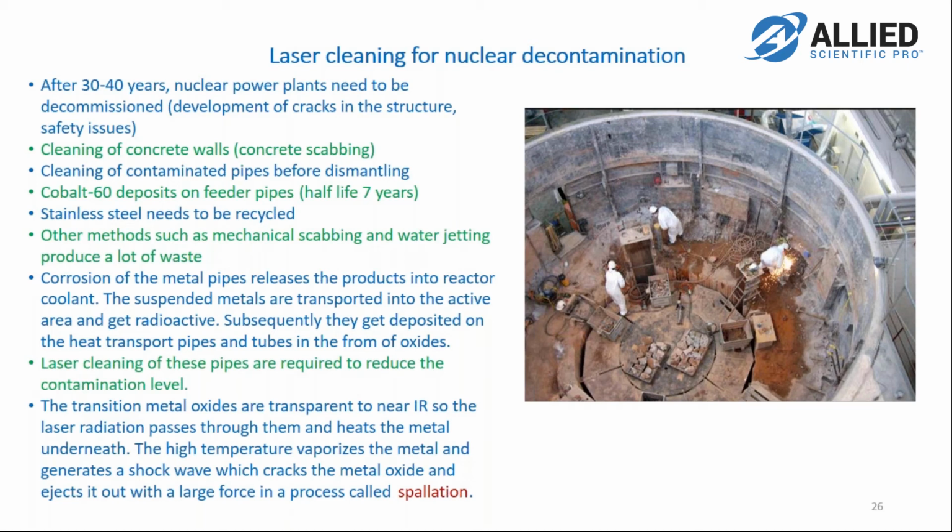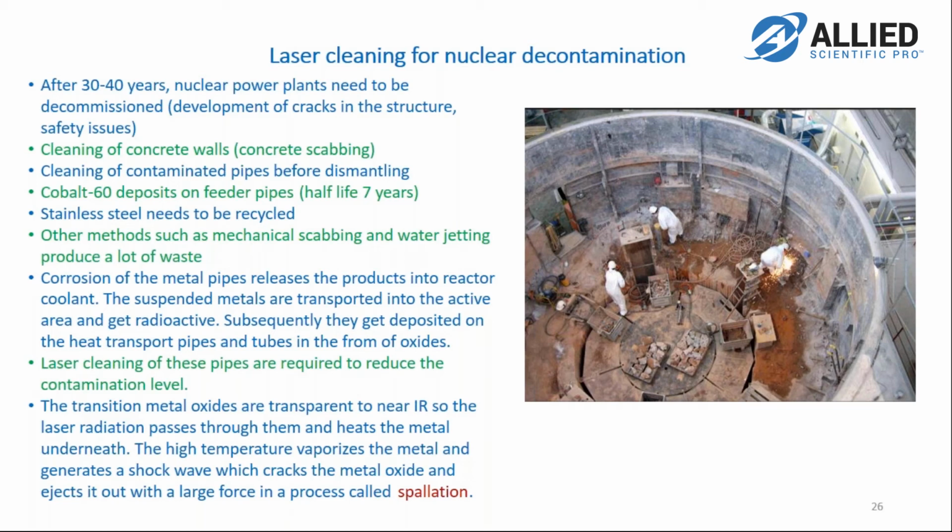So what happens in a nuclear power plant is the corrosion of the metal pipes releases these products, the metal pieces, into the coolant, and this gets recirculated in the reactor and goes into the active area of the reactor. It gets radioactive and then comes back outside of the active area, gets deposited on the metal pipes in the form of oxides. So the oxide layers on the metal pipes after a few years of operation are all radioactive, and they need to be cleaned. So laser cleaning is a really effective way of cleaning these